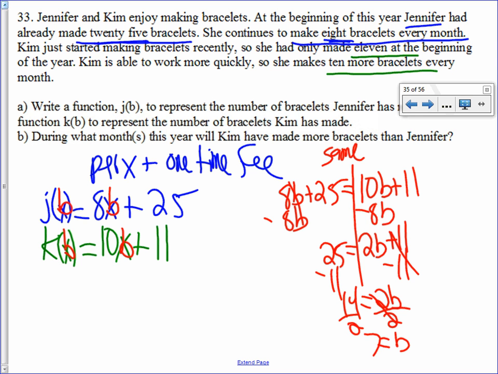Now it says during what month? Well, at the beginning of this year is January. So the 7th month is